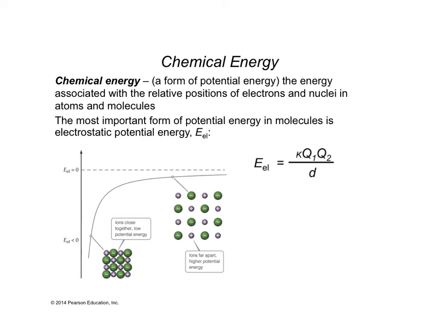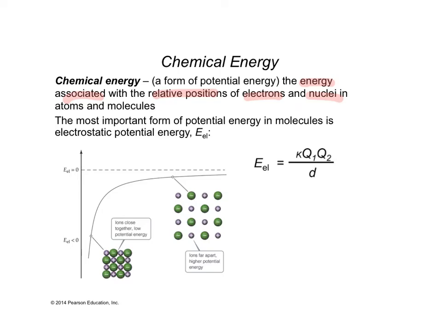So chemical energy is kind of like a form of potential energy. With respect to mechanical systems, potential energy always had to deal with the position of an object, okay? With respect to chemical energy, this is going to be energy that is associated with the positions of electrons and nuclei in various chemical species, various substances, okay? So with chemical energy, we're looking at the energy associated with electrons and nuclei in our atoms and